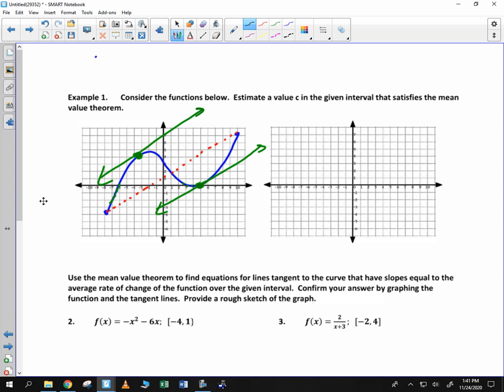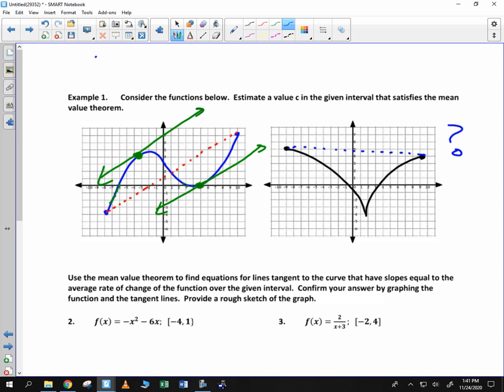And then we're going to do another one here. Pick a spot there, and we're going to pick a spot there. It'll look like that. And as you notice here, if we connect those two, you want to say, when is it that we have a slope that's the same as that? And if you look here, you can't find a spot where that's the slope. You really can't. As you think about that, you're wondering, why can't we find a slope like that?